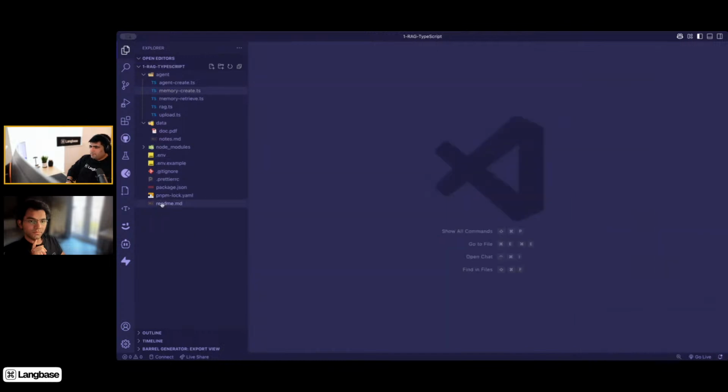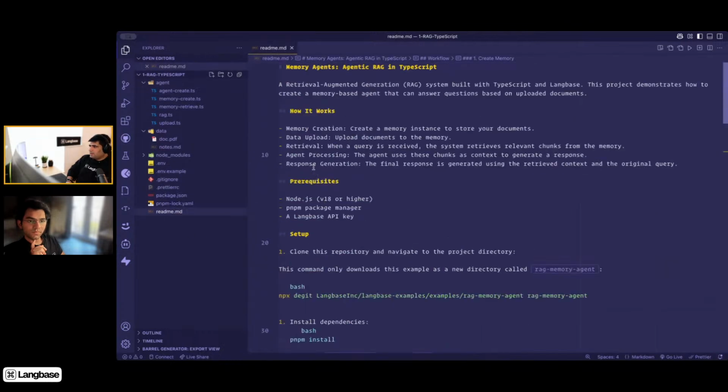The next step, as you can see in the README as well, is to retrieve. When a query is received, the system will create the embeddings of that query and compare those embeddings with the embeddings in our memory, right? This piece, I feel like I need to explain a little bit further. So I'm going to quickly share my screen where I am going to draw this out so you can easily understand what is happening, right? Let me share